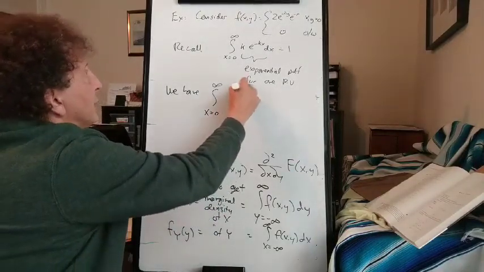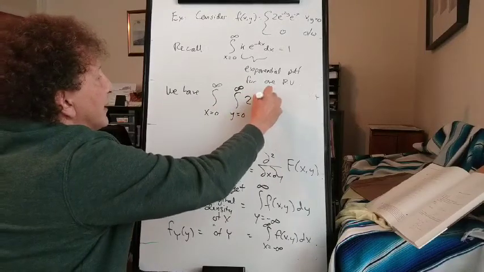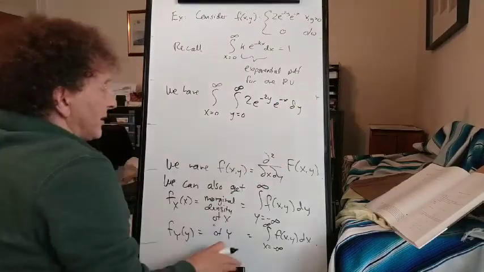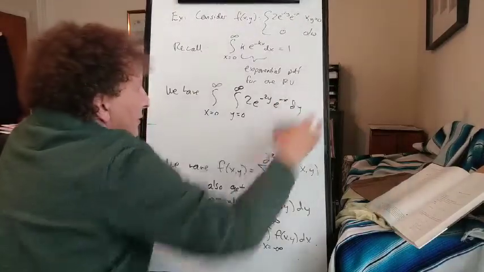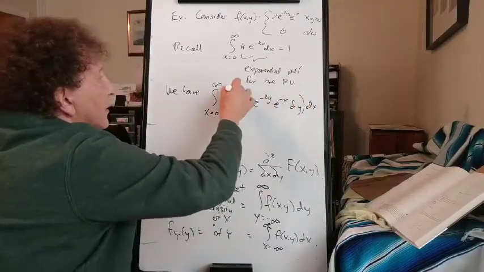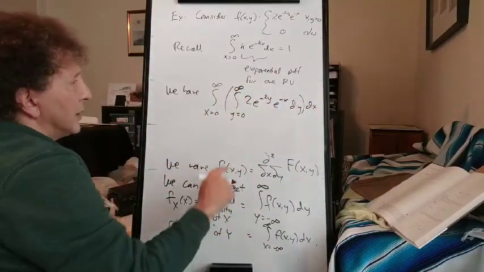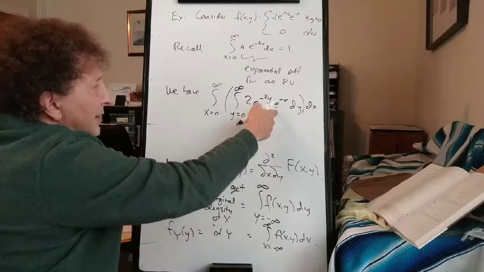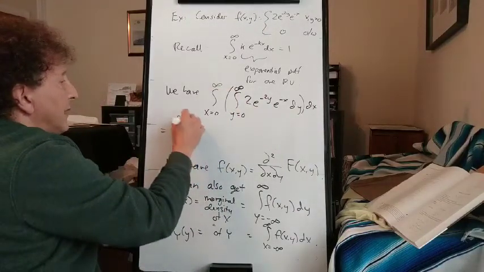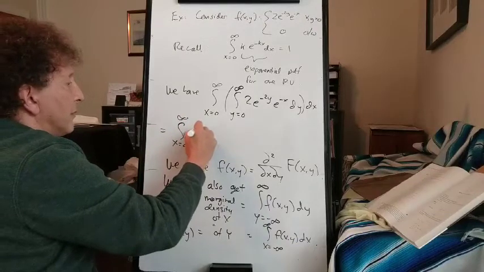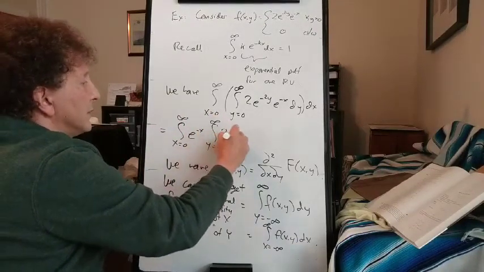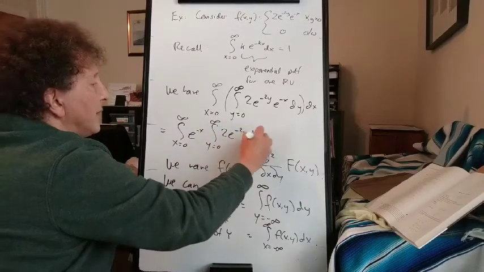And y from 0 to infinity of 2e to the negative 2y e to the negative x dy dx. Alright, so if we're integrating dy, this e to the negative x is just a constant. It can come out, at least out of that first integral. 2e to the negative 2y dy